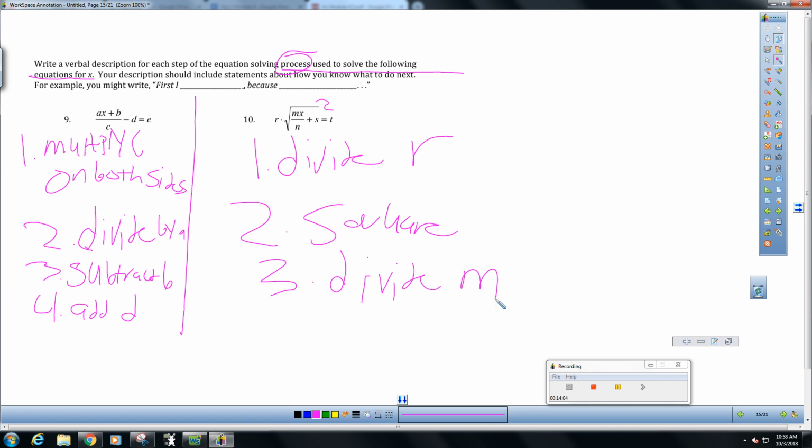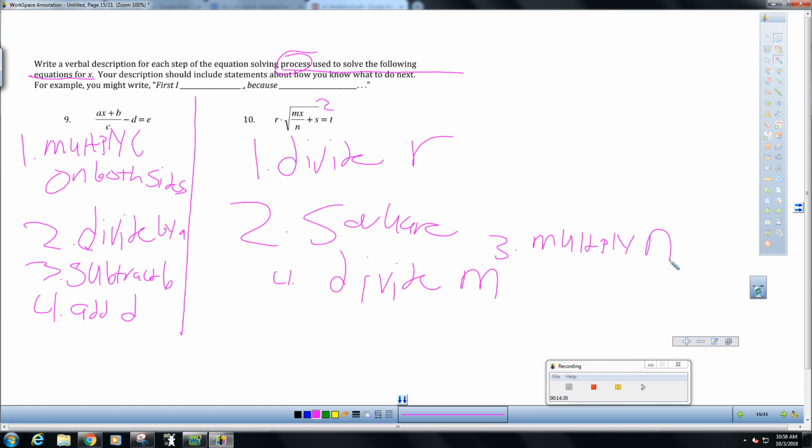I got these steps confused. Sorry, guys. So this is actually step 4. I broke the law of PEMDAS. Now the math police are going to have to come and arrest me. We actually need to multiply by n so we can get rid of that fraction, then divide by m,